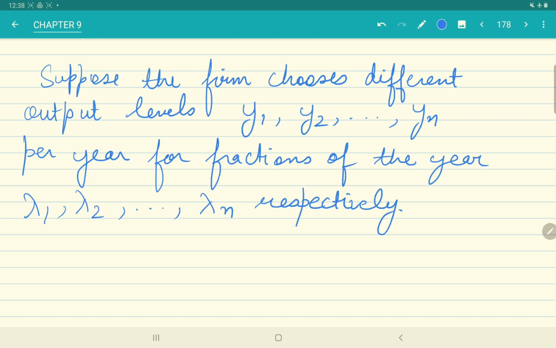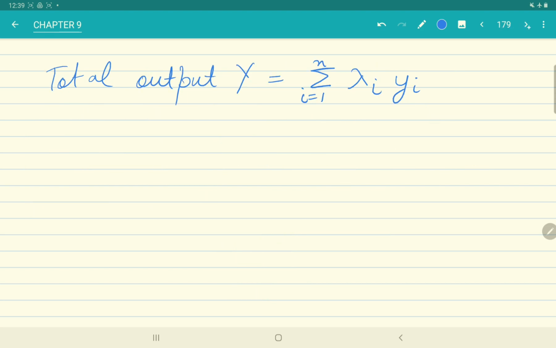Basically, in that case what I had written there was this. So total output would be 60 into 1 by 3 plus 18 into 1 by 3 plus 30 into 1 by 3. 60 is y1, 18 is y2, 30 is y3. 1 by 3, 1 by 3, 1 by 3, these are lambda 1, lambda 2 and lambda 3. So given this, I can say that the total output is going to be this. It will be produced